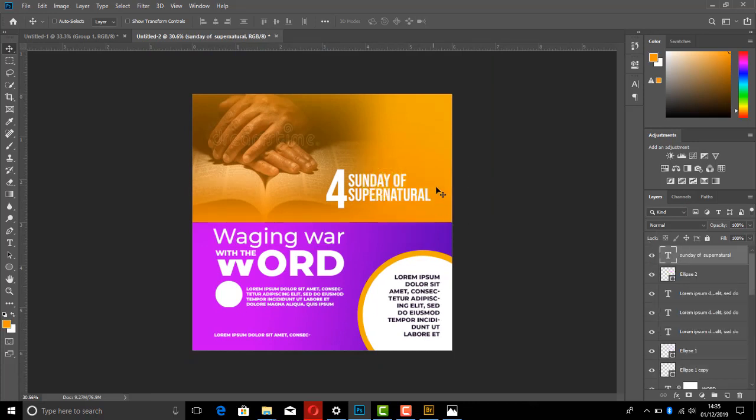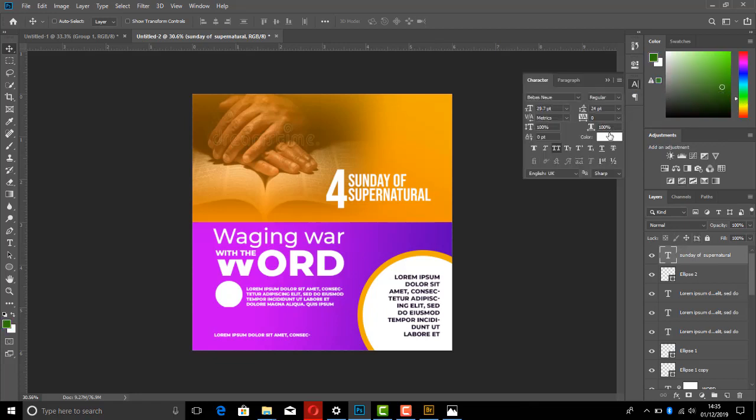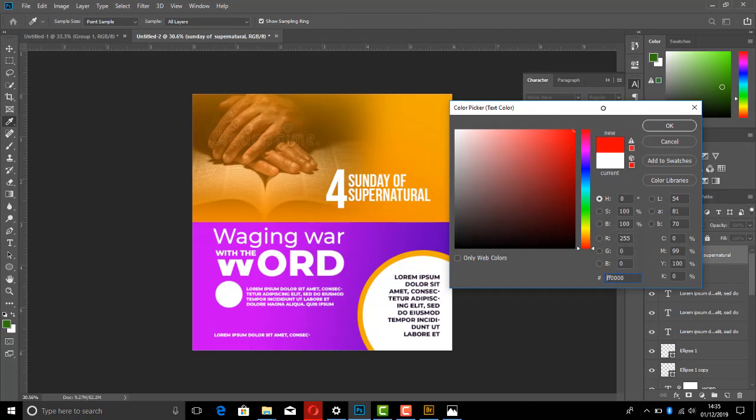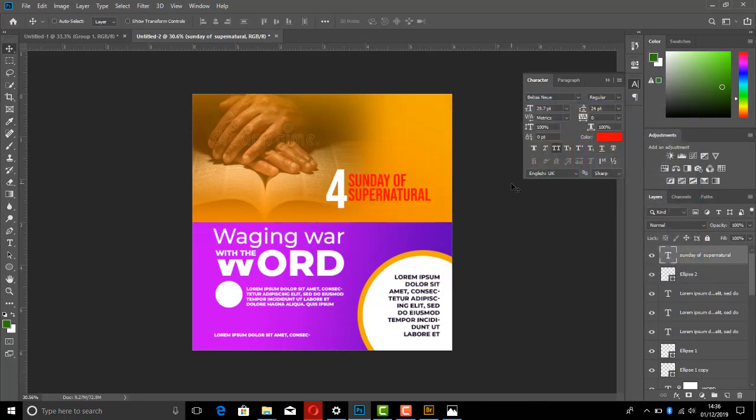So now, talking about contrast, I did a lot of emphasis on contrast. Contrast doesn't only talk about the words, the colors and stuff. Let me try to explain it in this context. If I try to put a color that doesn't fall out of the yellow, for example, I'm going to select a color that looks like yellow, or maybe I'm trying to use red for this. It's going to be very poor. So it's good to know colors that complement each other, colors that are triadic to each other, monochromatic colors